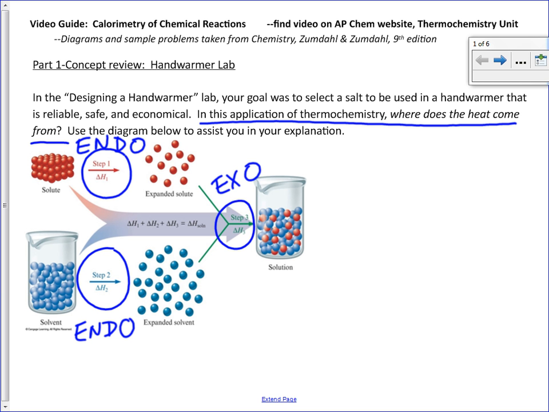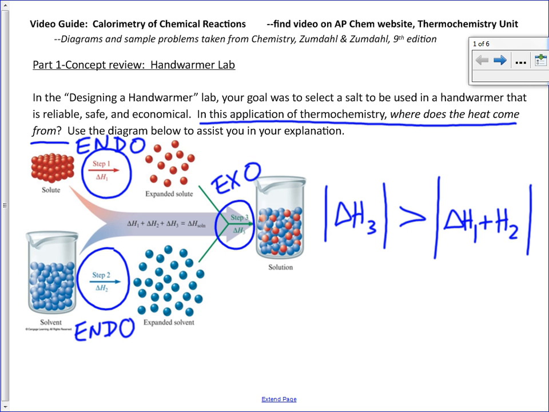So different salts can give different results in terms of heat being overall released or absorbed. But in the hand warmer lab, we wanted to choose a salt that would give us an overall or net release of energy. So that means that the absolute value of the heat that's associated with step 3 has to be bigger than the absolute value of the heat change that's associated with steps 1 and 2. So there's a net release of heat